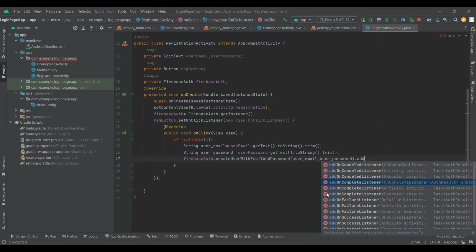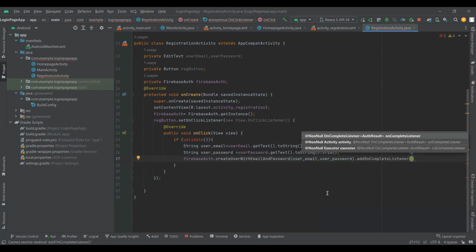I have to write addOnCompleteListener. This is very important. Choose this one, addOnCompleteListener. It will give you the complete text directly in the auto suggestion. Create a new one and write down